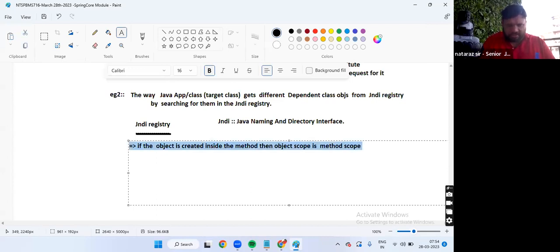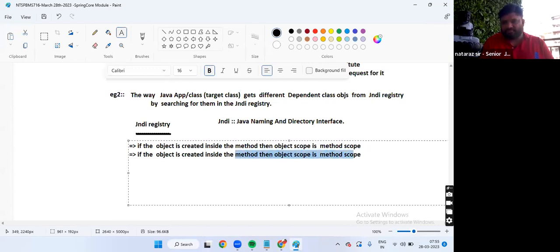If the object is created inside the other class as a non-static member variable, then the object scope is the other class object scope.